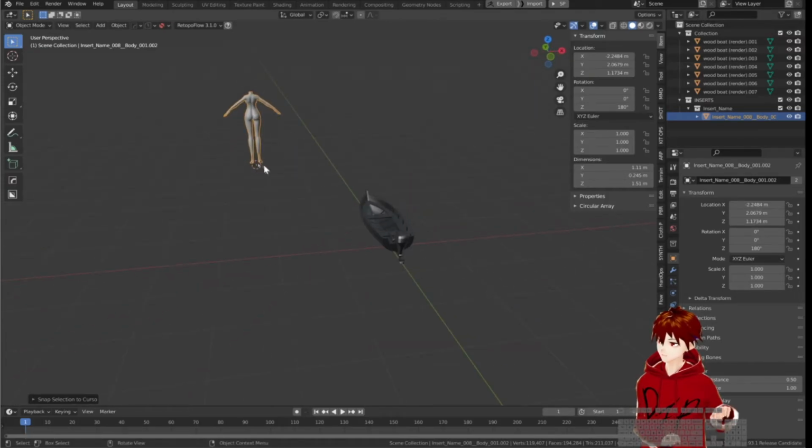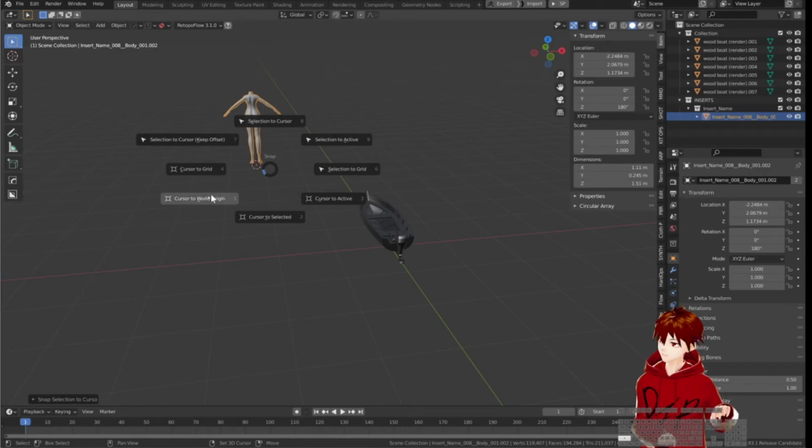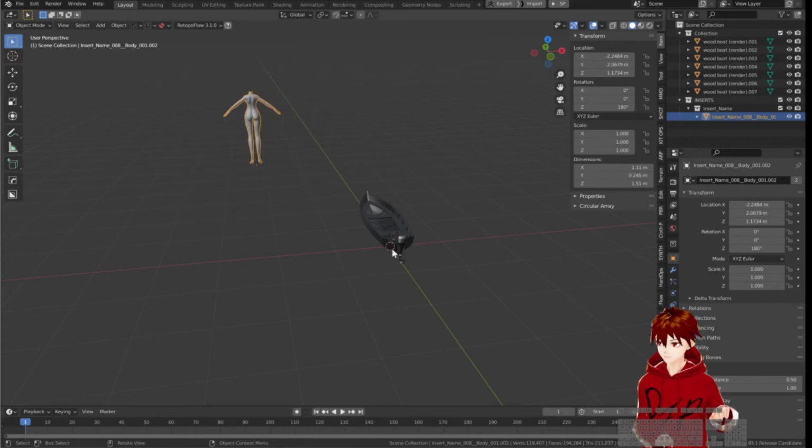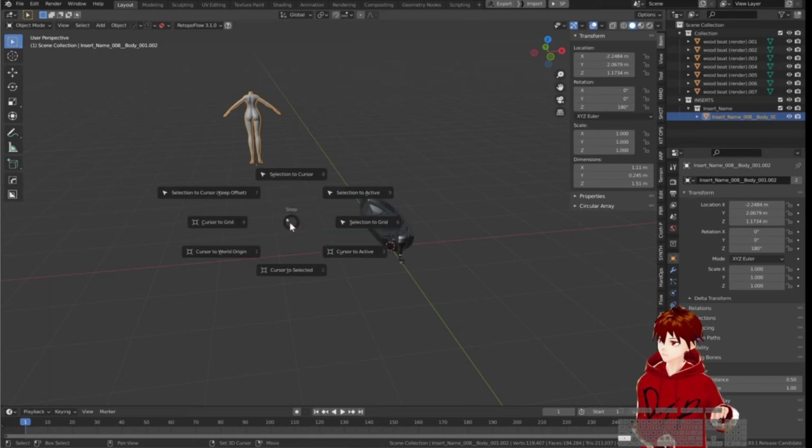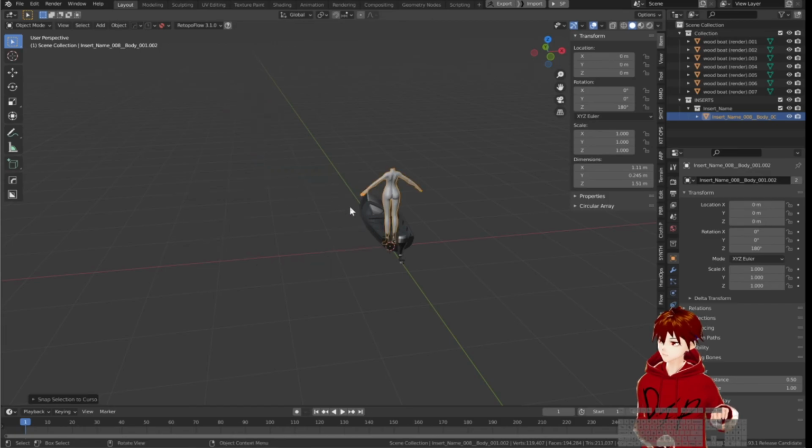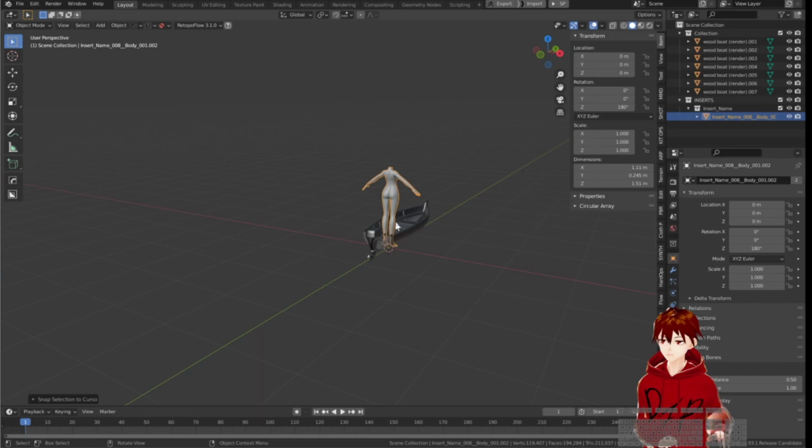Right? And now, in order to get that little center point in the center of your model, you press Control S, and you want this one, cursor to world origin, which is not right there. And now you can move your model at that center of 0, 0 on your axis. So that's how you go about moving